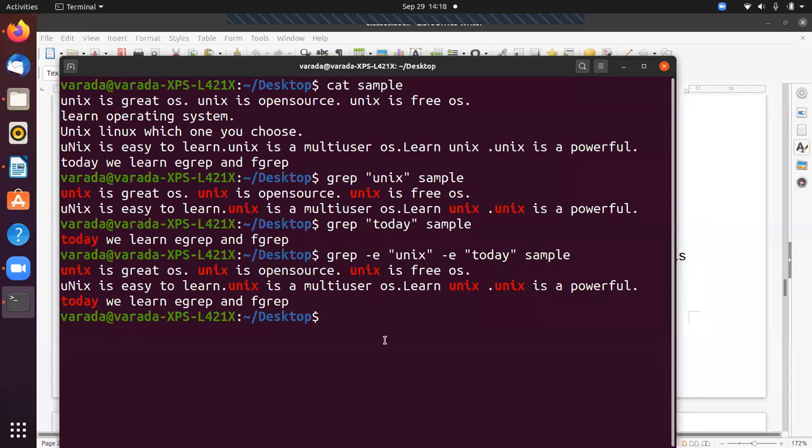You can use more than one pattern. For example, I want to know what are the lines that contain learn. Then I can give grep hyphen e unix hyphen e today hyphen e learn, and the file name is sample.